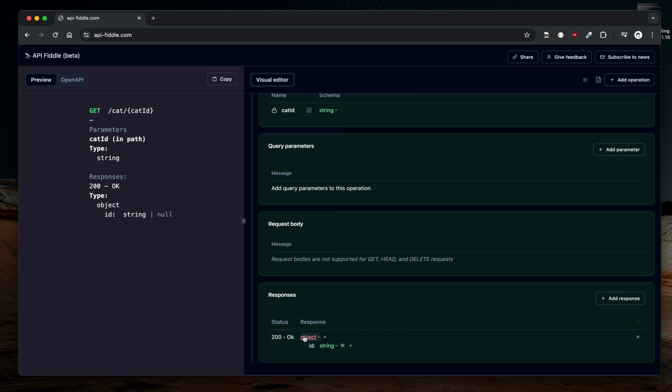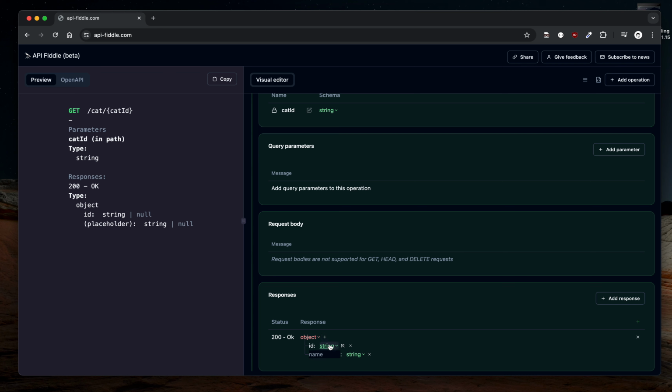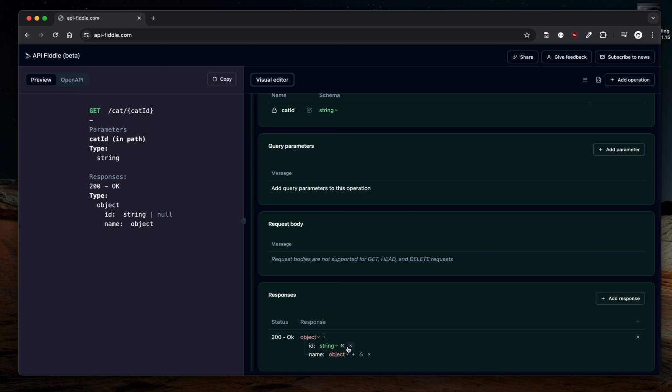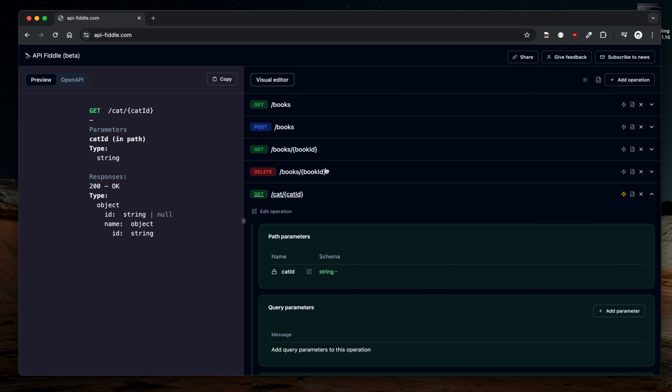You then get to choose what the response will be from this status code. Here it is an object. You can add fields to the object. Let's call this like a name. Let's make it be of type string, but this can also be another object. And then we can add fields to this object. And you can see this preview here on the left-hand side will update in a real-time live fashion, which is super handy. It's just a little tool that you can use to create API definitions for technical documents or for